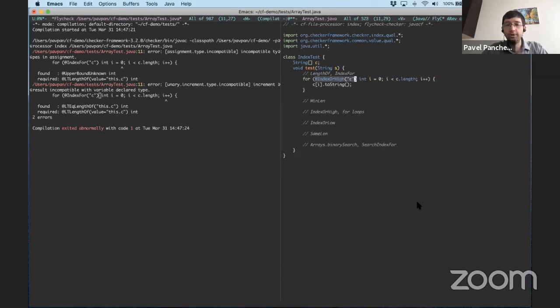The cool thing, though, about using this finite set of conditions is that, as you see, I didn't actually have to write this annotation explicitly. The checker framework somehow found it on its own.